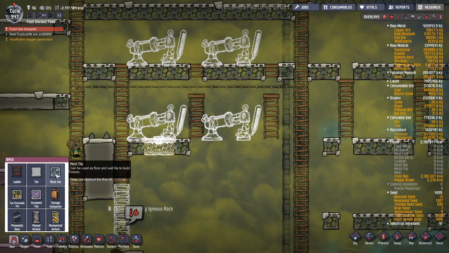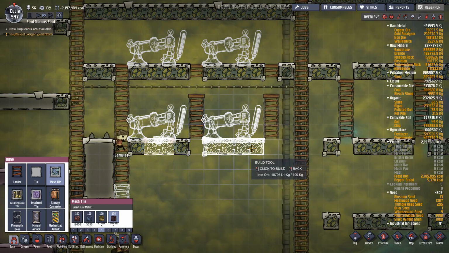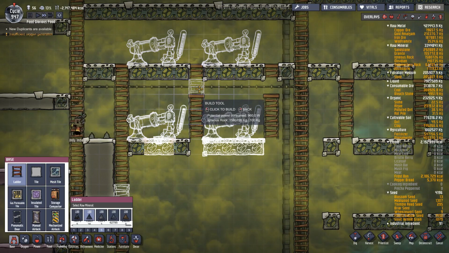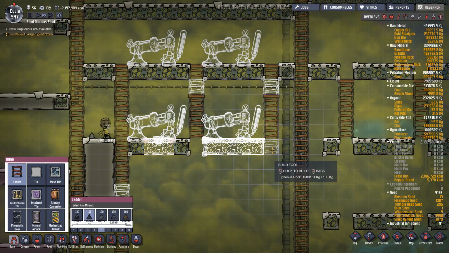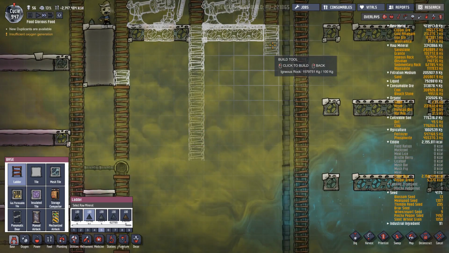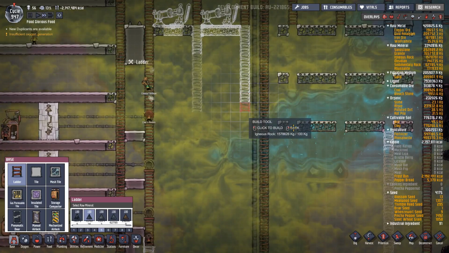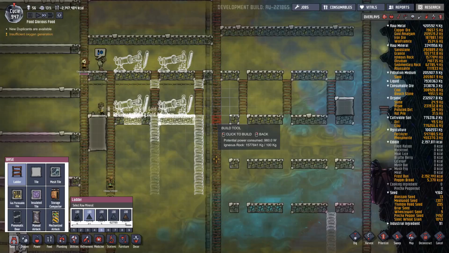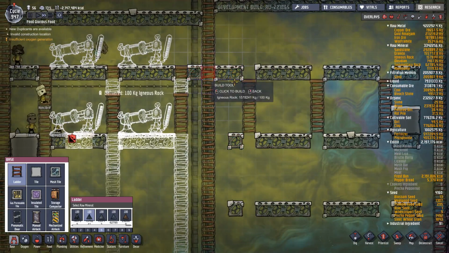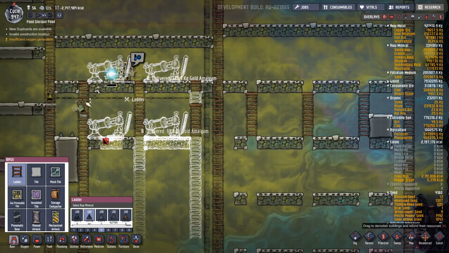Oh, dear. Right, let's do this with iron. I've done that with gold. It doesn't matter, really doesn't matter. So we want ladder. We can extend these down a bit, I suppose. Well, yeah, we can extend those down, I suppose. This central ladder actually needs to be ripped out from this level, I think. Yeah, it does. So let's deconstruct